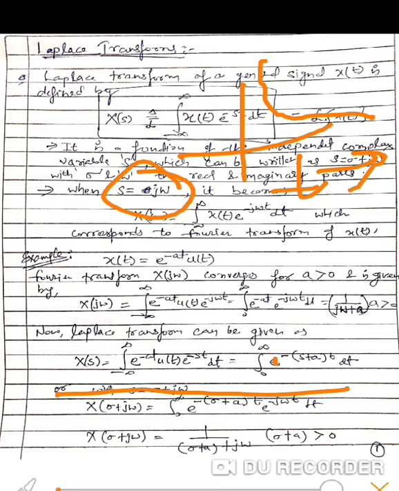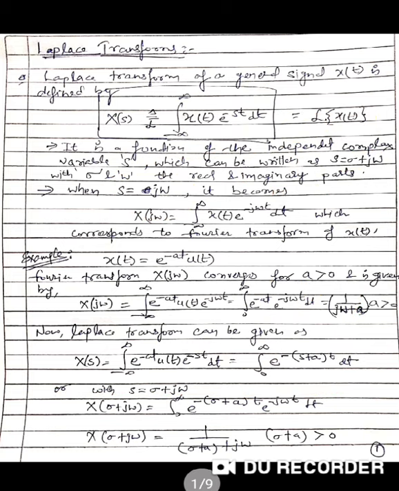As we can see, the unit signal u(t) is a right-handed signal which is valid only for t greater than 0. So the new limit will be 0 to infinity, and the function will be e raised to power minus (s plus a) t dt. When we integrate it from 0 to infinity, what we will get,